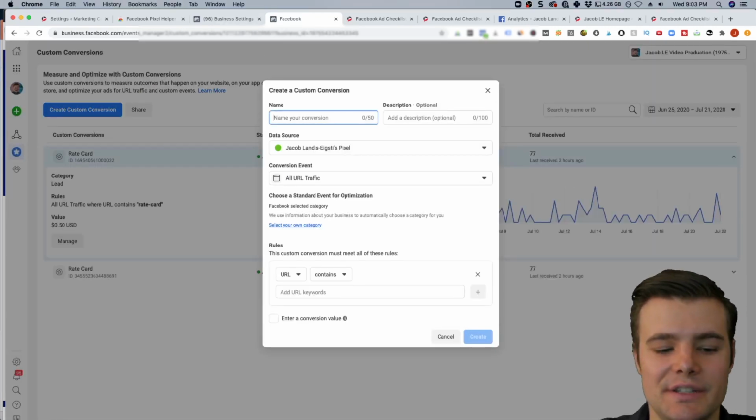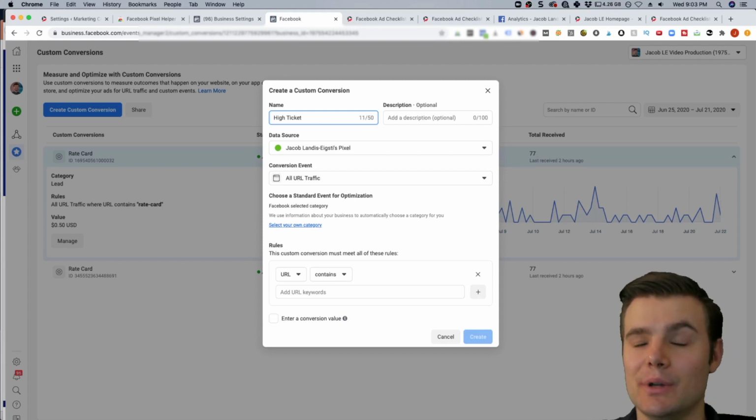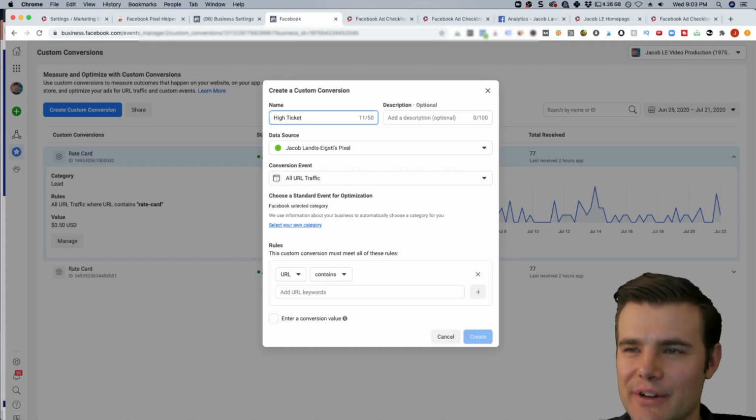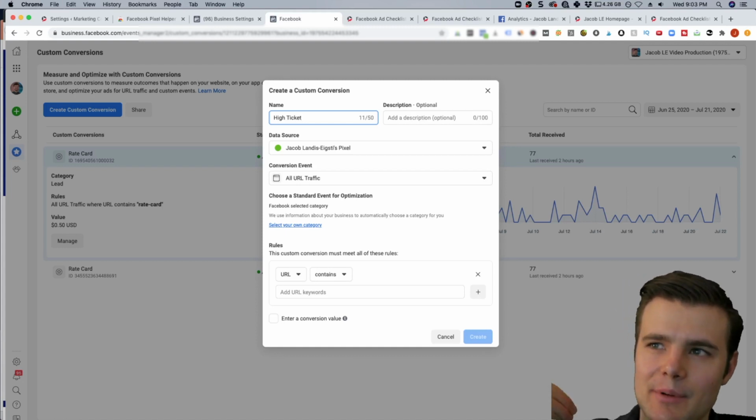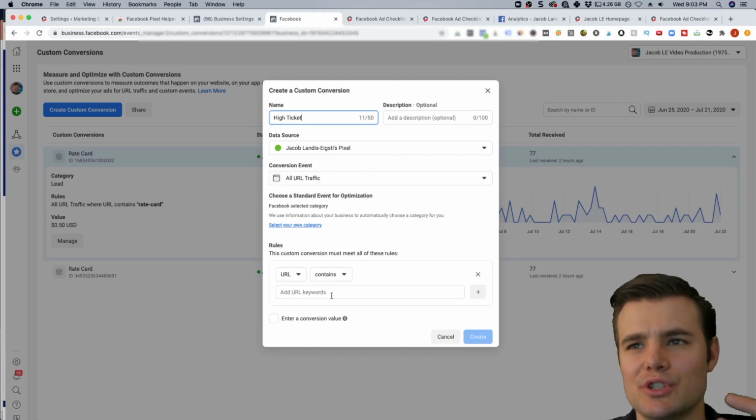All right, so I'm going to call this high ticket. And in this example, let's say I've got $7 courses, but now I want to launch a $1,000 course, which is going to be a very different customer, very different audience, very different thing to optimize for. So you can do a description if you want, but you want to make sure it's got the right pixel selected. Since for this one, we'll just be tracking a very specific URL, you can do all URL traffic,